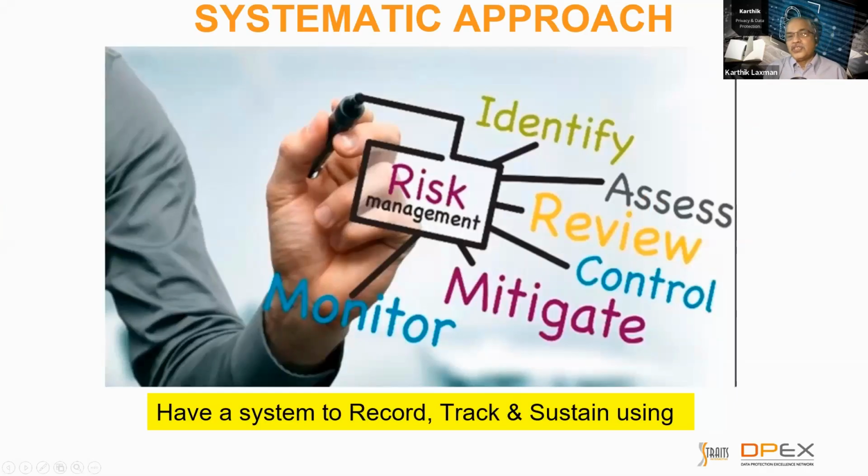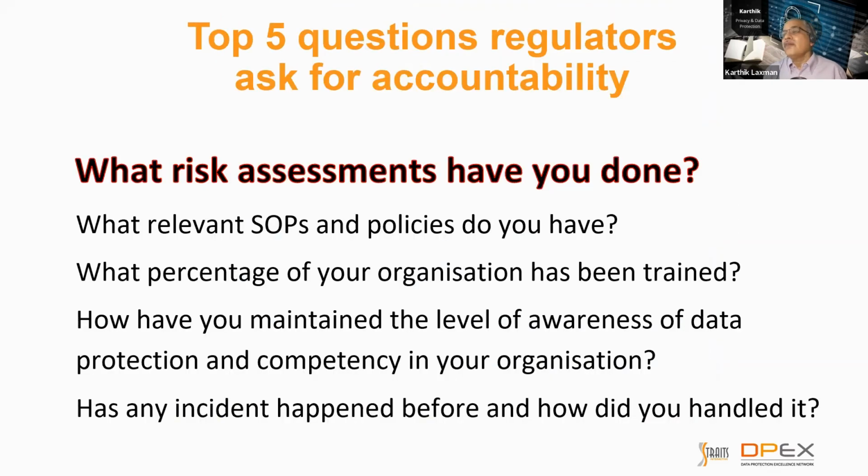Data protection is about risk management. An organization has many processes, and all processes have some level of risk. Even the simple process of crossing the road at a traffic signal has some level of risk in it. So for an organization, there are multiple processes, and all these processes have some level of risk. In fact, the first question that a regulator or assessment body asks the organization is, what risk assessments have you done in the organization? Which is why we chose risk management as the focus of today's presentation.